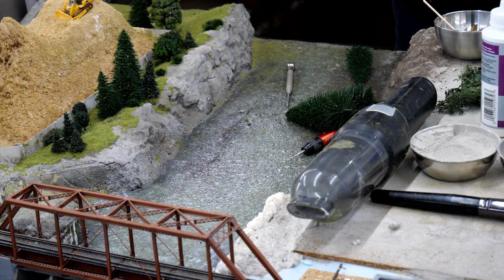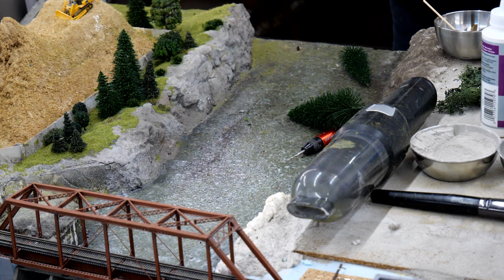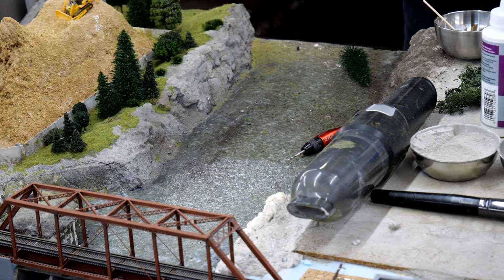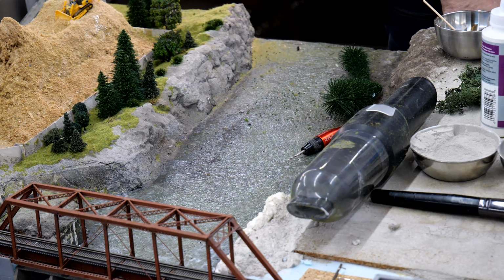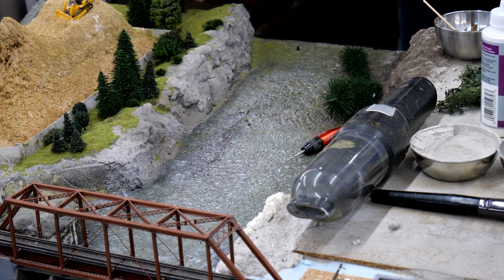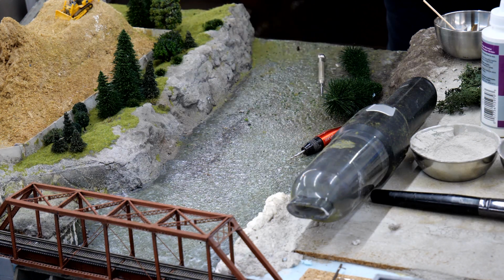Oh. One there. Here. And you see I got this huge thing, but it looks like it's really out of scale for being right here. So I don't think I'm going to use it. I think we'll use this little one right in here. Go. And now